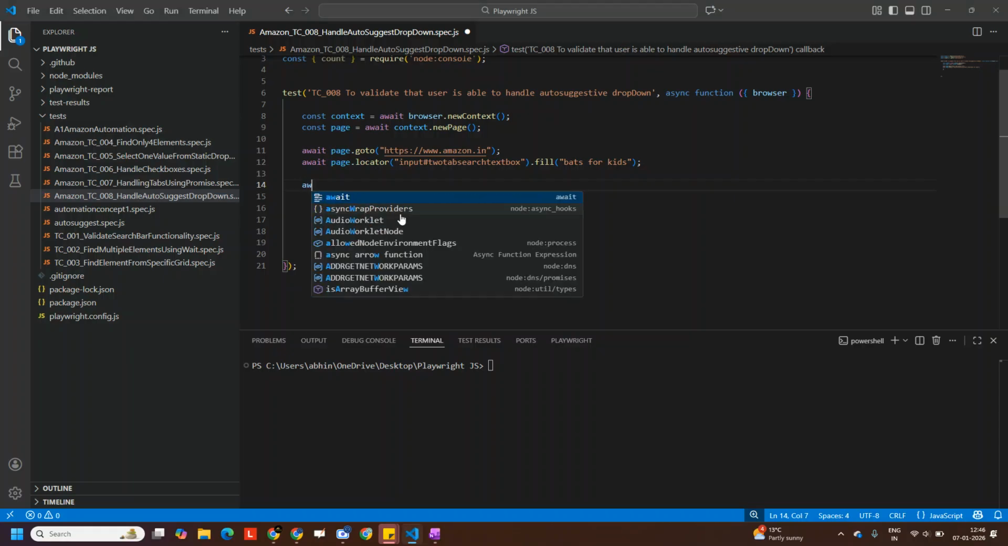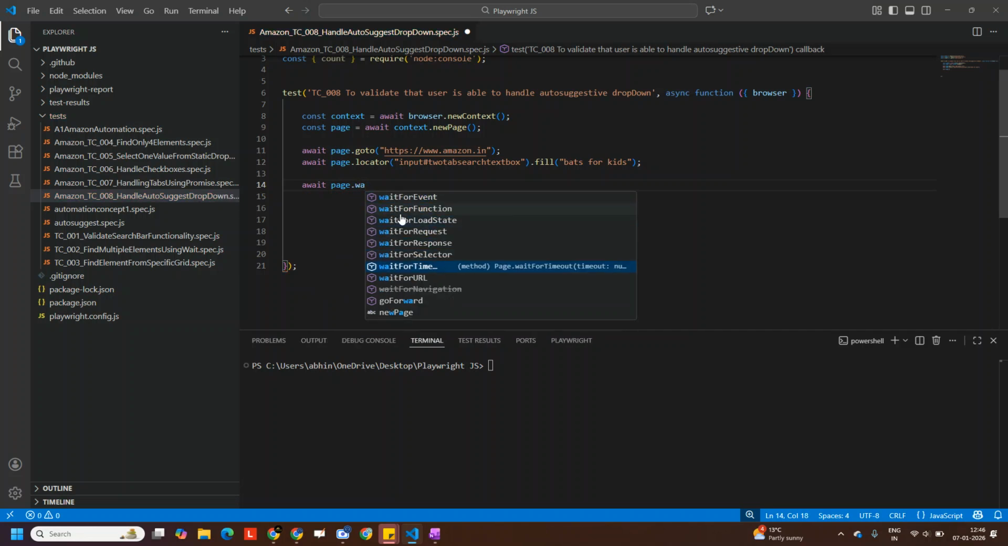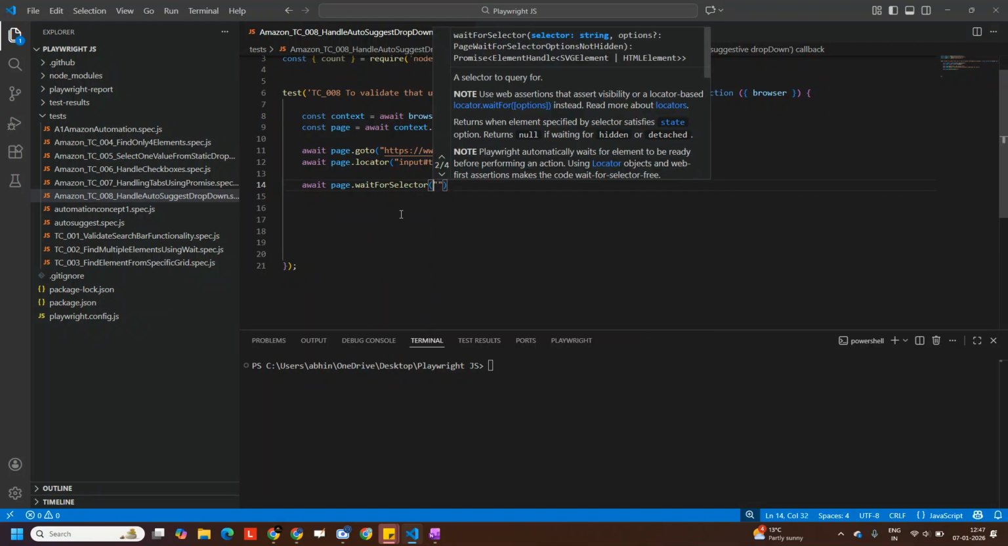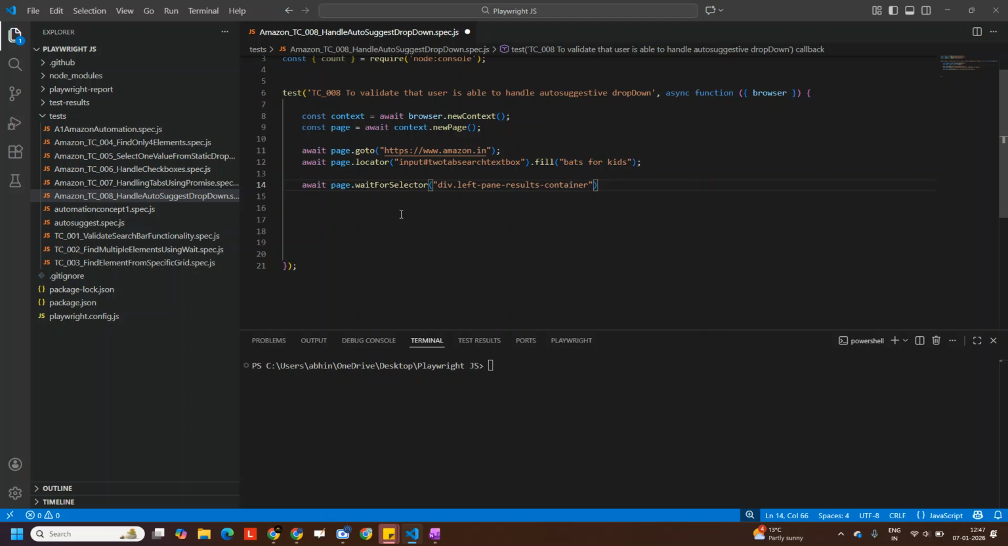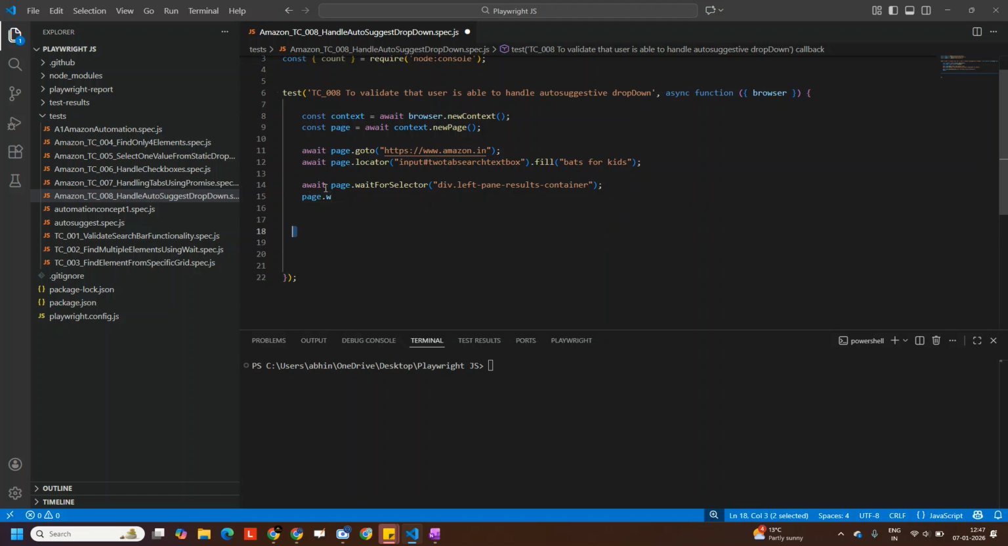So what we will do is that we will simply wait for locator, wait for selector, right? Fine, no worries. Okay, so since we have already applied a wait over here,